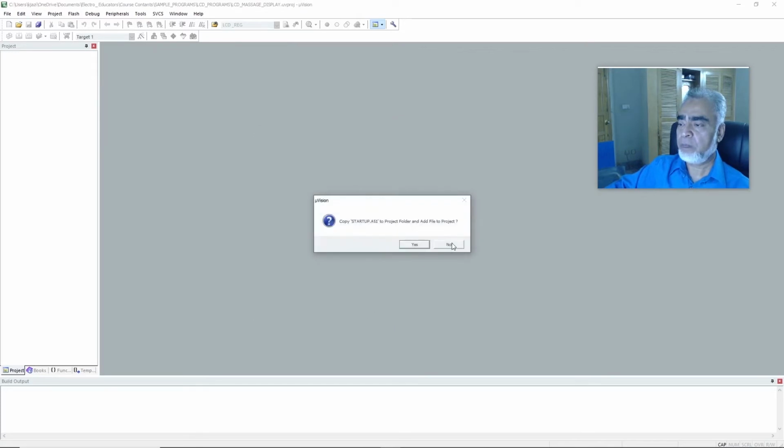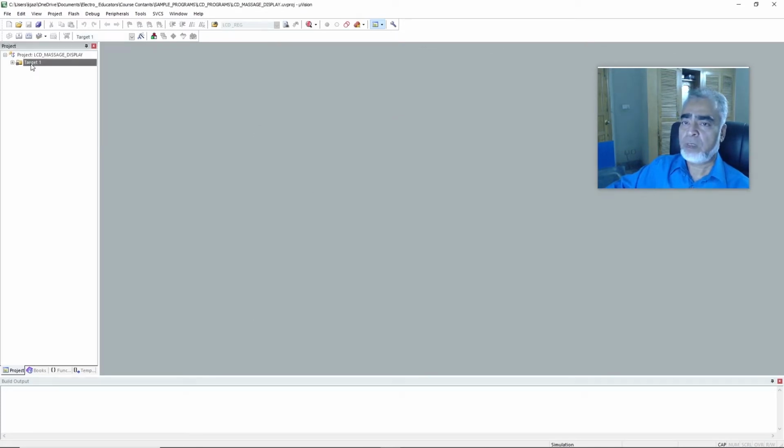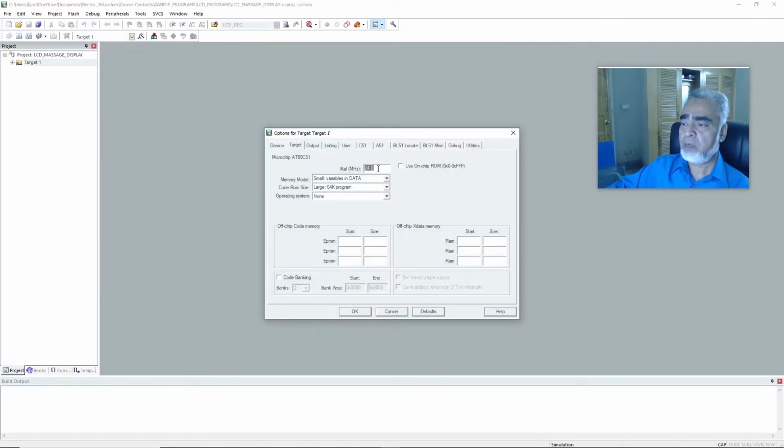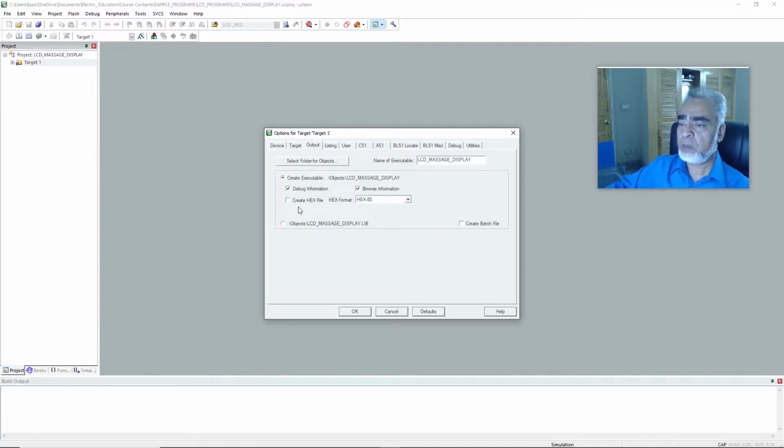Target 1, right click, option for target 1, and here we will select the crystal oscillator, that is 12 megahertz, and we'll go to the output, and here we'll check this box, that is create hex file. Okay.